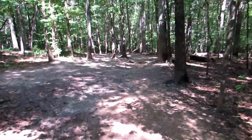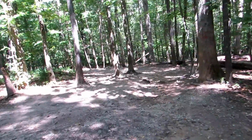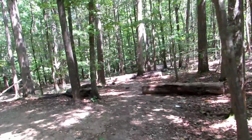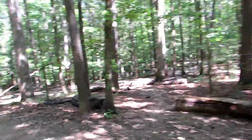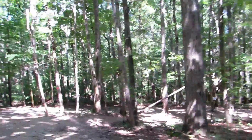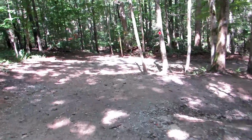Currently I'm going on their red hiking trail. Reason is because of the old mill that used to be here, the old textile mill. It was built in, I believe, 1849 and was burned by Sherman's forces in 1864. All that's really left of it now is the facade. Everything had been gutted